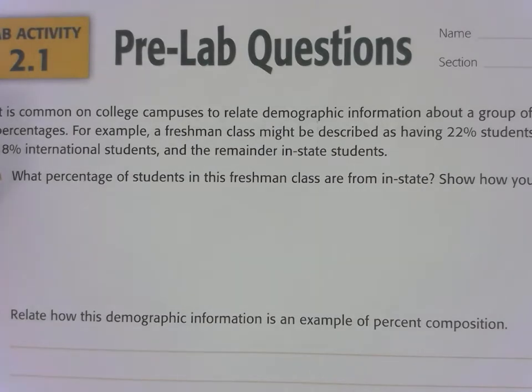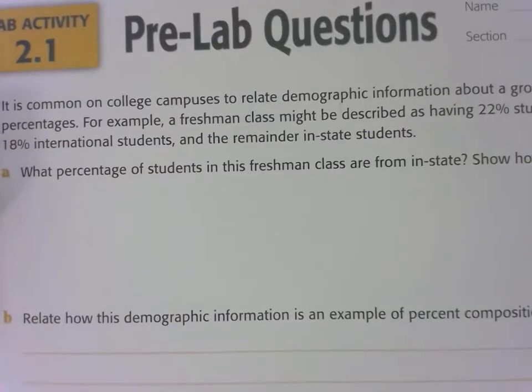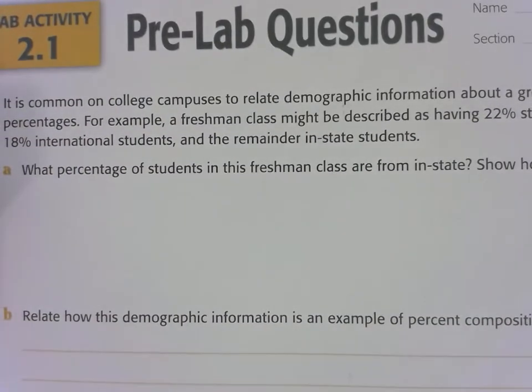So I think the first 1 and 2 questions are something you can figure out. It's going over how to figure out how many students are in-state students. You're given how many students are out of state and how many are international students. So you would take 100% and subtract the 22% and the 18% international students to find what percentage of the freshman class is in-state. And then you want to write a sentence on part B on how this demographic information is an example of percent